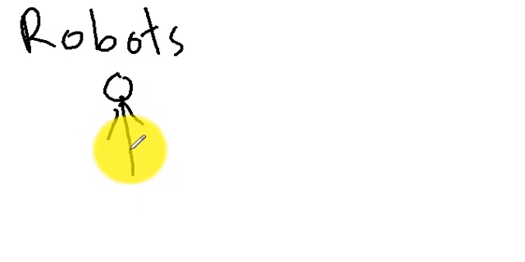Okay, consider two identical robots. You might have seen them in movies. There was one movie, I, Robot. So consider one robot. This is the first robot, and this is the second robot.